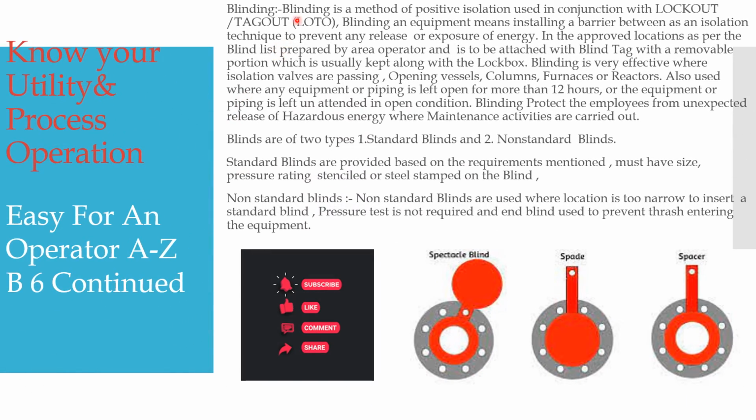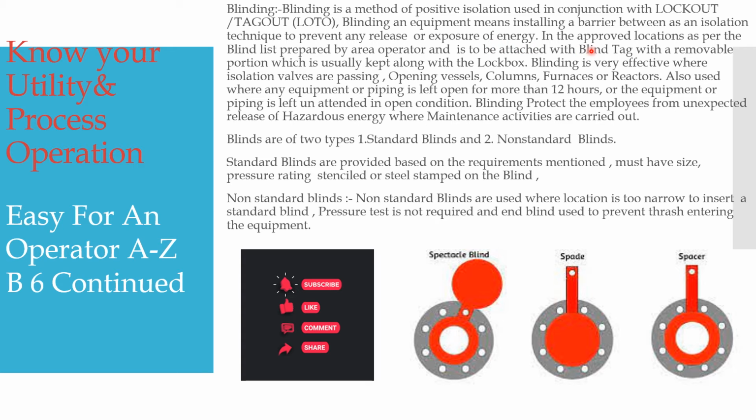In this slide, we can see important terminology starting in B. Blinding. Blinding is a method of positive isolation used in conjunction with lockout and tagout, that is LOTO. Blinding an equipment means installing a barrier between an isolation technique to prevent any release or exposure